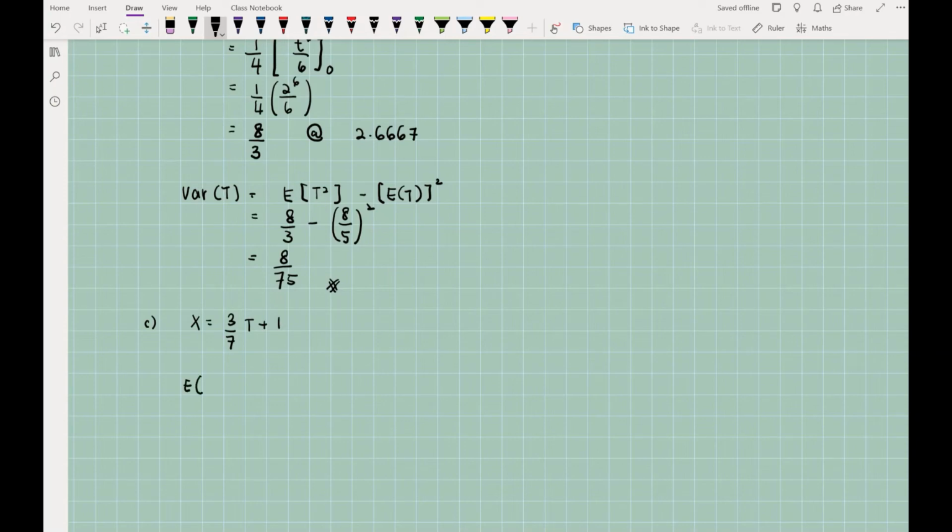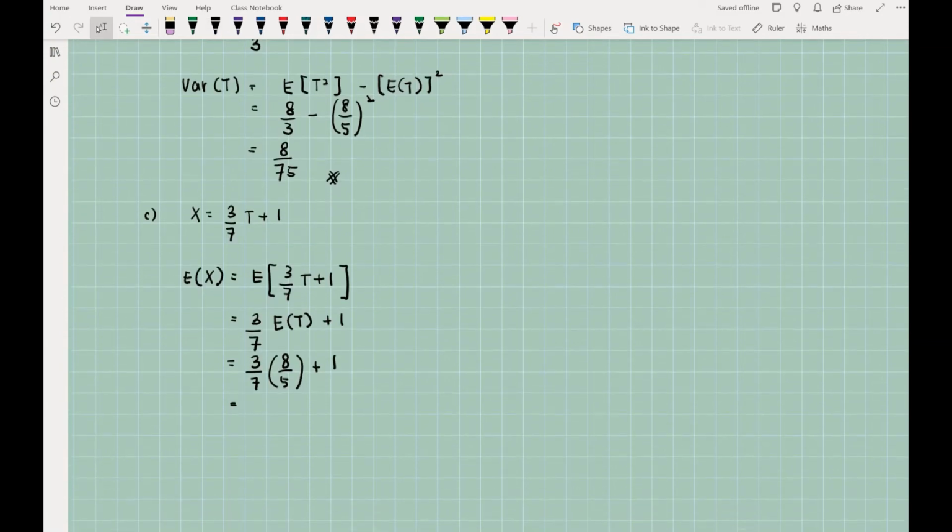And to find the expected value of X, sorry, expected value of 3/7T plus 1, using the properties, I know this is just 3/7 times the expected value of T plus 1. So use the value that you got earlier, 3/7 multiplied by 8/5 plus 1, that is equal to, we will get our answer here